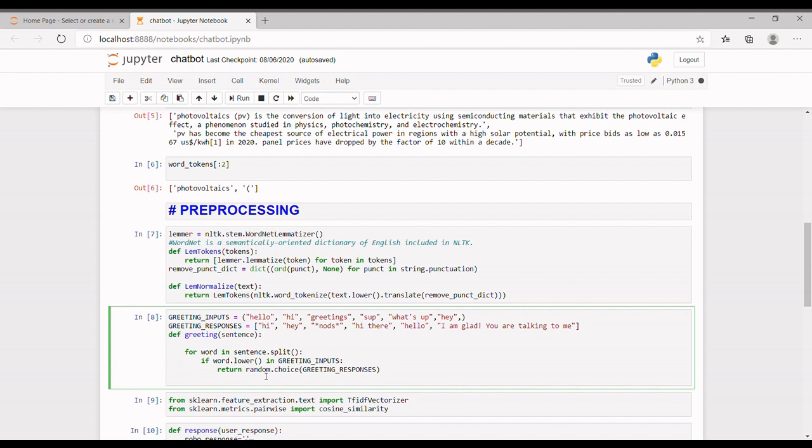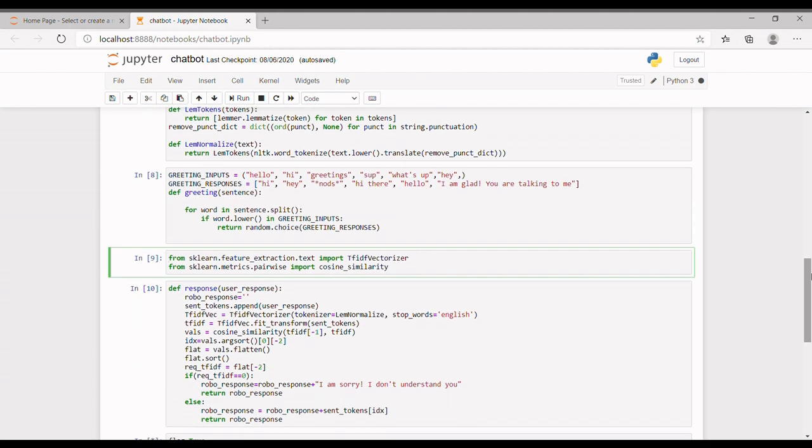Now the next step is to generate a response by the TF-IDF approach. We are using the TF-IDF approach to generate a response. Import the TfidfVectorizer from sklearn.feature_extraction and cosine_similarity from sklearn.metrics.pairwise. Cosine similarity is the part where you will be teaching the chatbot how to find the similarity between the documents present and what the user types.